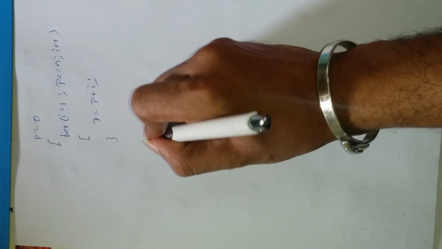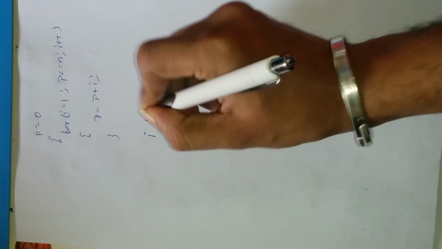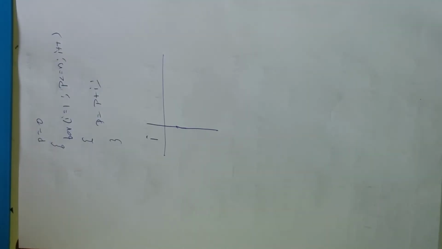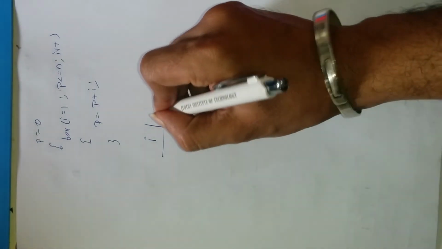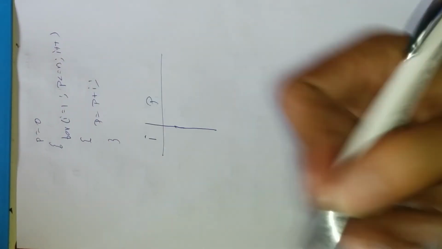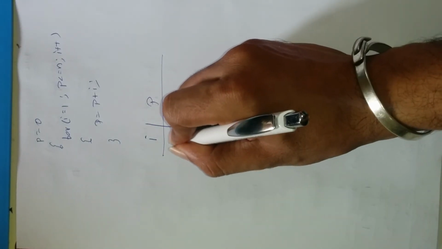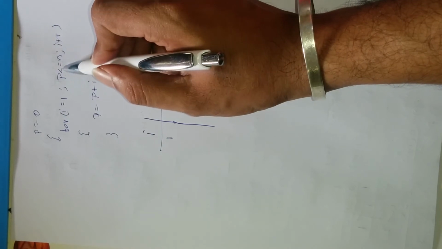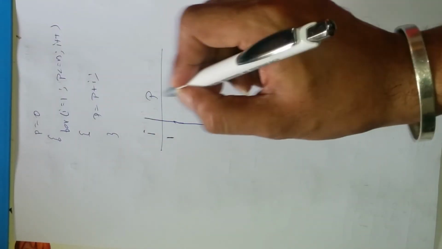Clear? This is the important example. Yes, listen here. We have to trace this statement. I will take I as 1, and P also we have to take. What is the value of I for I is equal to 1? Initially I will be 1. P less than or equal to n. What is the value of P initially? It is 0.